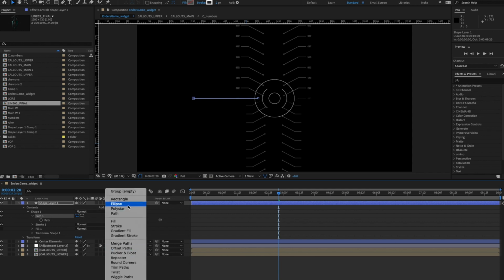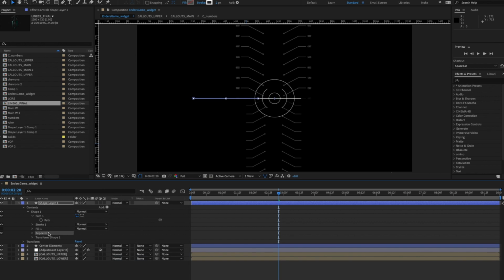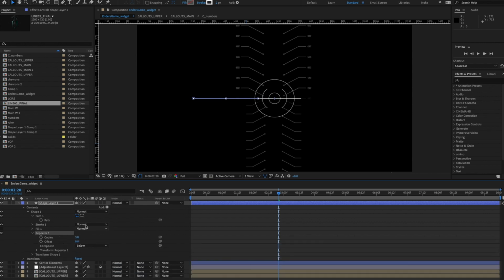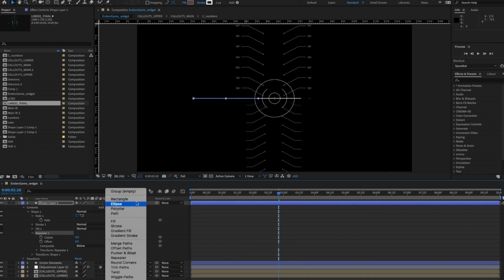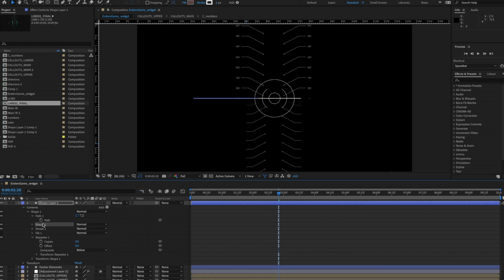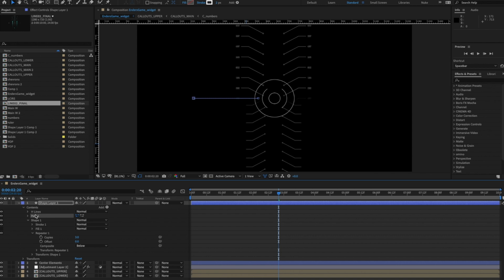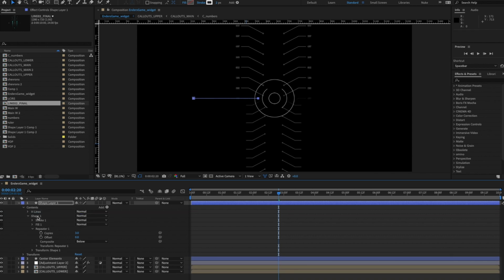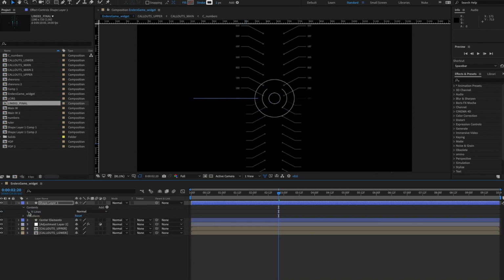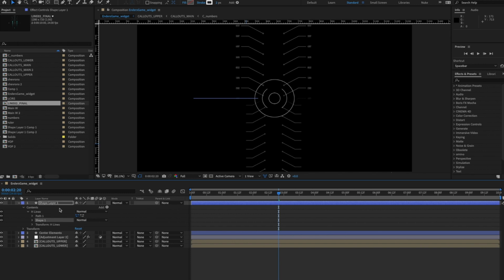So add repeater. This way it'll be easier just to line things up, and maybe I'll keep things organized. I'll do a new group. So let's put this group under contents. Let's call this horizontal lines, and in here I will drag the path, and I will drag the stroke in there as well. So now we've got all these elements lined up properly here, and there I can put a repeater,